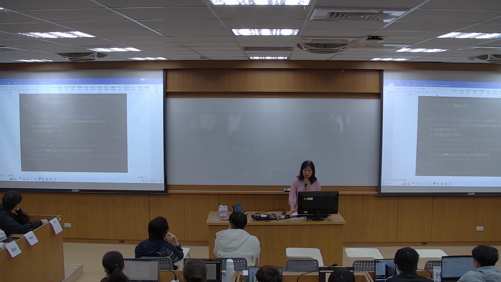50? Why 50? Because it says width times height, so 5 times 10 would be 50.